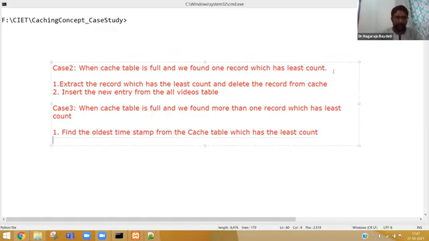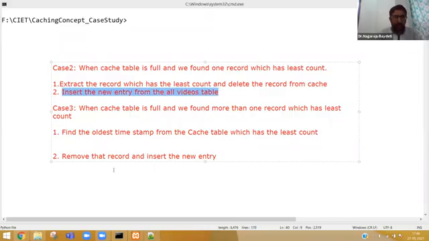Now, second, once you find it, remove that record and insert the new entry. That is common. So step number 2 is common in case 1 and case 2.